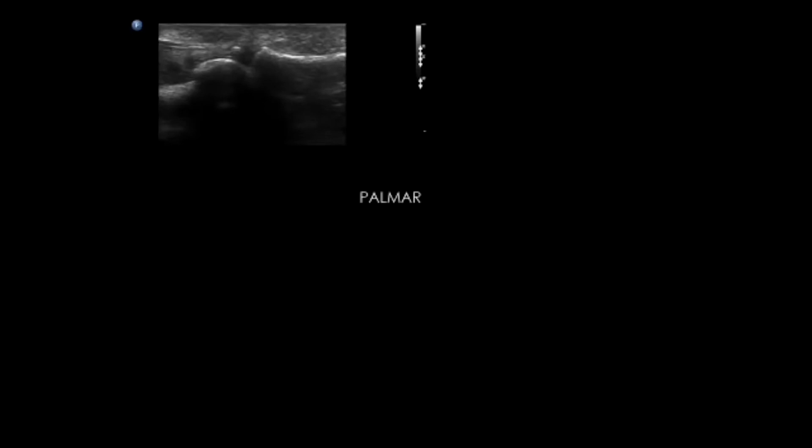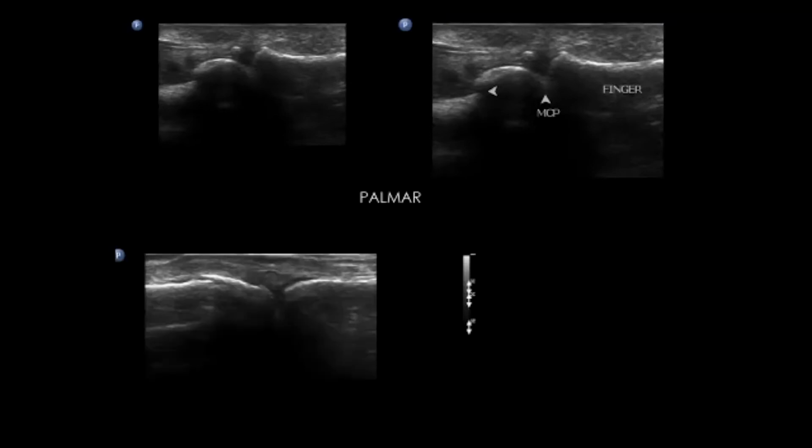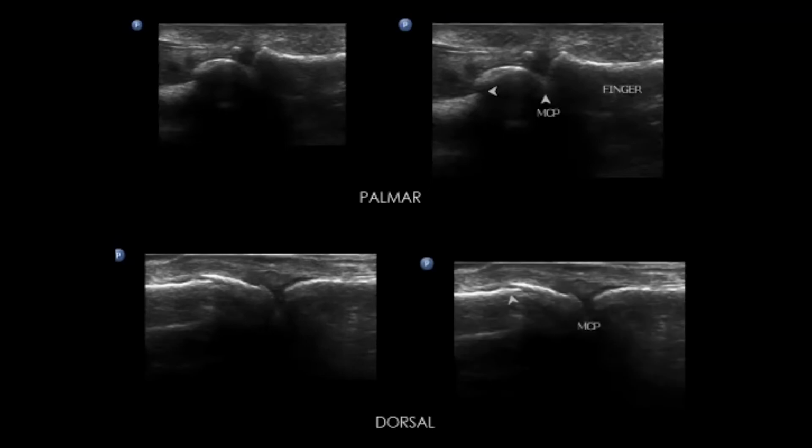And just the views of the palmar with a still image, you can see that there's a break in the cortex in the MCP, or actually the metacarpal. So this is sort of the example of a boxer's fracture right here. So distal fifth metacarpal. And how comfortable am I saying that it's lined up well enough that it doesn't need